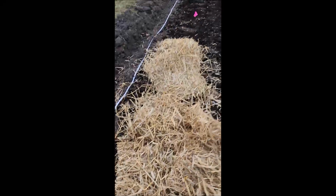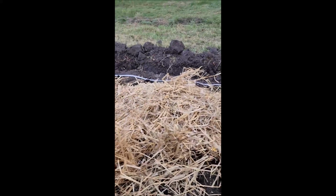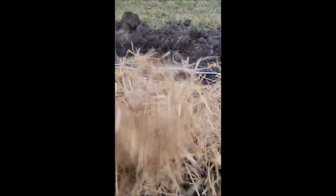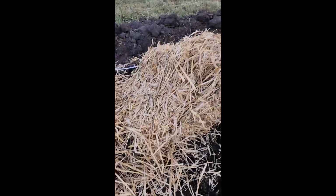But wanted to show y'all really quick here. My phone is going to die. But this straw, as I said, it's going to be about 12 inches, so aka 1 foot high. Okay? But all you do is shake it. You just gotta shake it. Not shake it off, you want to shake it on. Super cheesy. And fluff it up, kind of, right? Because that is going to be the insulation. And it'll just fall apart